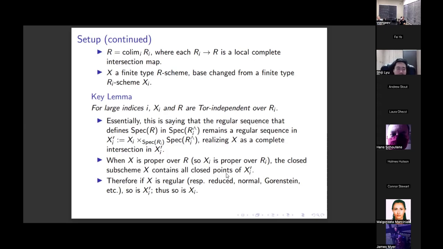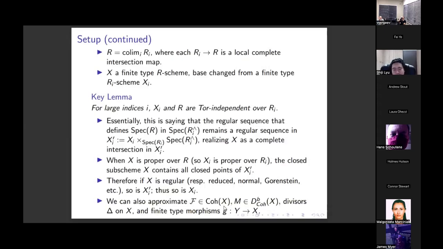And of course, you don't want to just do it for the schemes X. You can do it for all sorts of objects: coherent sheaves, a bounded coherent object in the derived category, divisors, finite type morphisms. Right? So by a very similar recipe, F will be Tor independent. The cohomological modules of M will be Tor independent. The divisor,